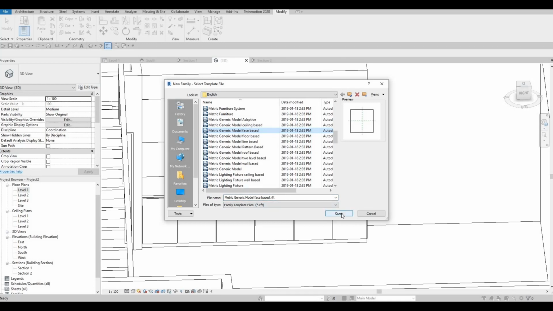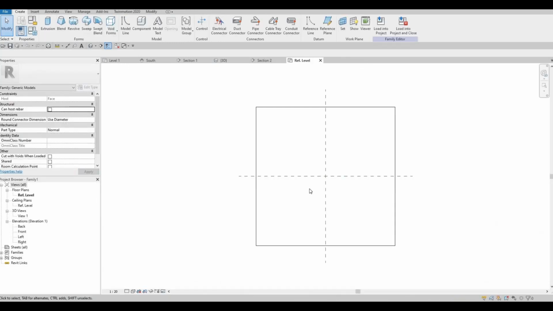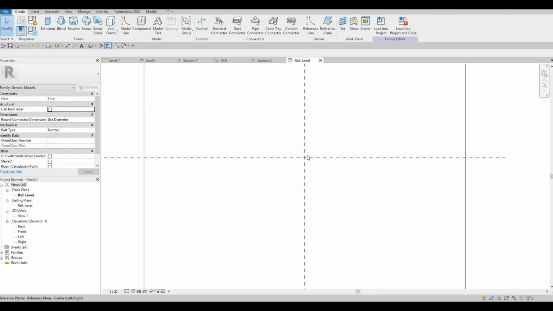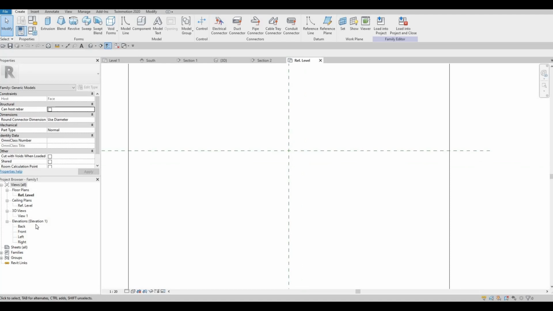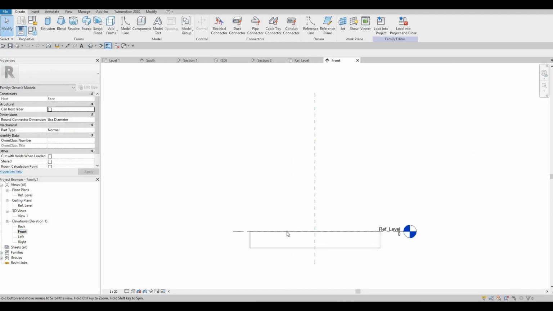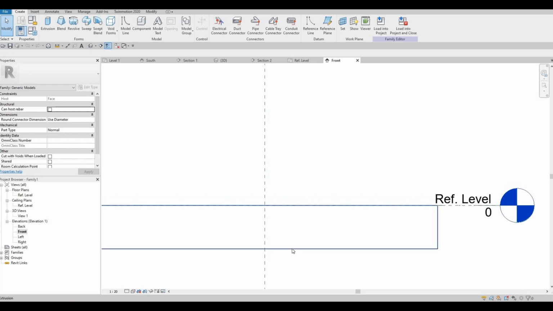So once you do, click Open, and you will be put right here. So we will need to go to our south elevation or our left or right, even the front. We could just do the front. So basically it will attach to any face. So we're gonna create the handle on this face. So now we're gonna click on Extrusion,